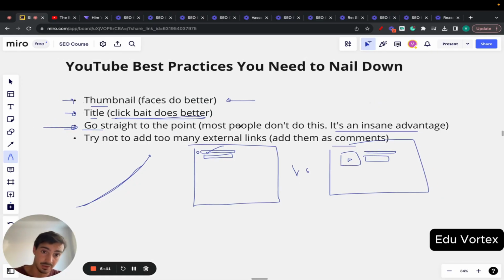If you nail this down, you need to nail this down before nailing any other thing, because if you just do on-page, off-page links, all that, it's not really going to work. You have to do every single thing, and I keep on saying this. Each one by itself doesn't seem like it's going to do much, but when you add them all up, it does, and it ranks your video number one. That's exactly how I do it, and how other people do it. It does work. You just gotta hit every single point.